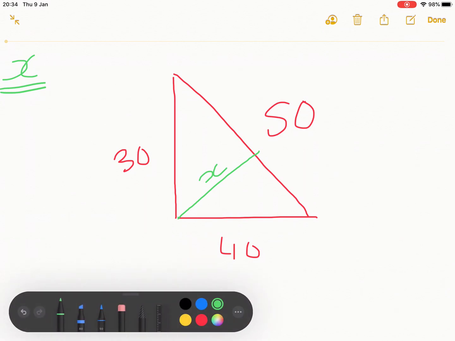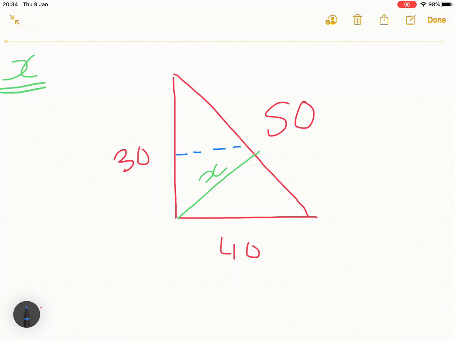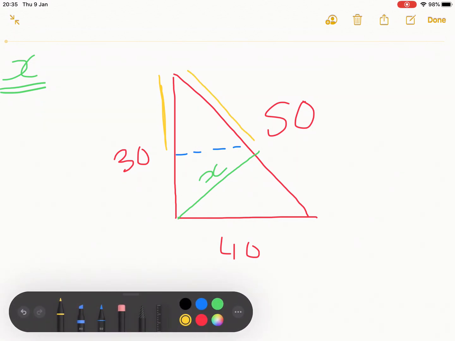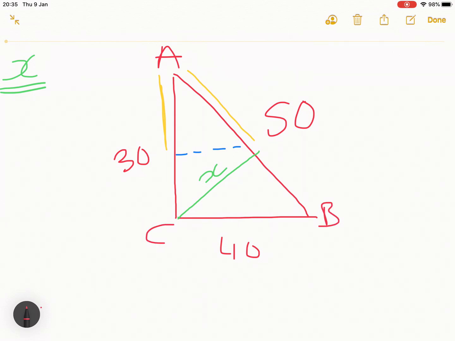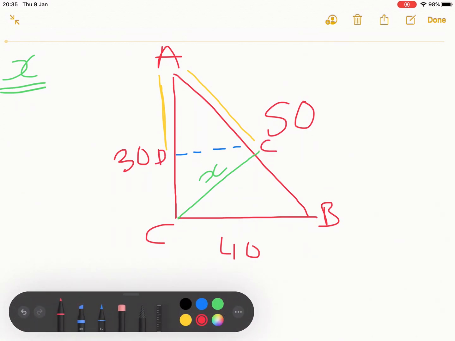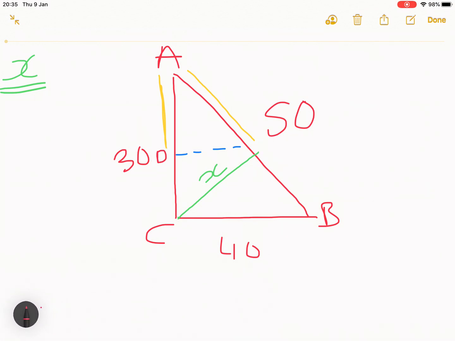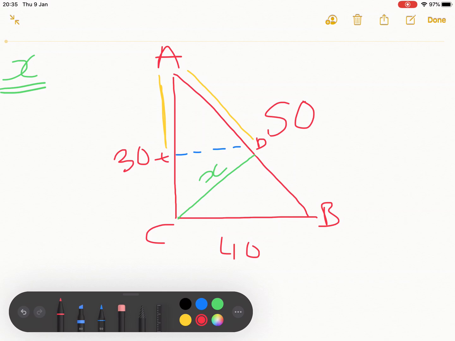And to find this x, we can create a right angle triangle. So we're going to take that as a dashed line. And then with that, you would do Pythagoras' theorem to find out x. So we have this dotted line. So we basically want to find out the length of this from that yellow line and the length from here to here. So we can label each corner. So we can go A, B, C is the corners of our larger right angle triangle, and then where we've made our blue dashed line, we could put D and E. Okay. So to find our AE and AD, we can find AD quite simply,